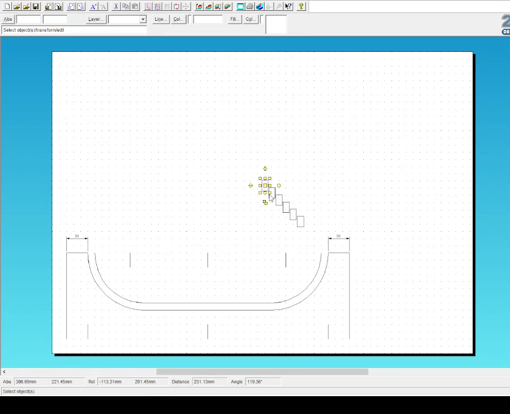I'm going to select this one, and what I'm going to do is move this using the attach tool, switch off the grid lock, and from there I want the bottom corner going to the bottom of that line. Great. I'm going to do the same thing again. I'm going to move, replace, bottom of the corner, bottom of the line there. So I'm going to select this, and do move, replace, bottom of the corner, bottom of the line